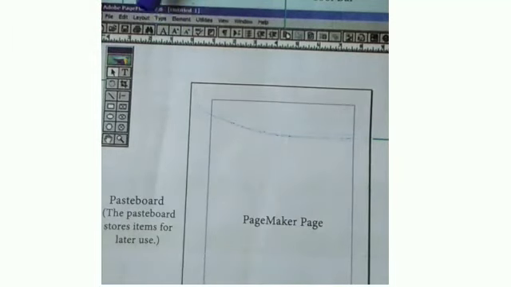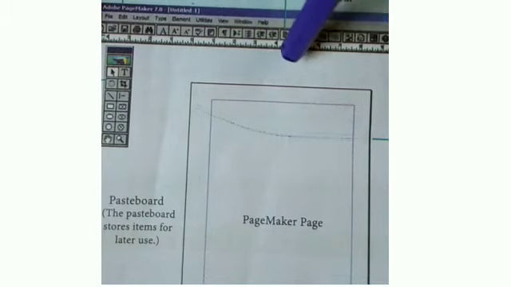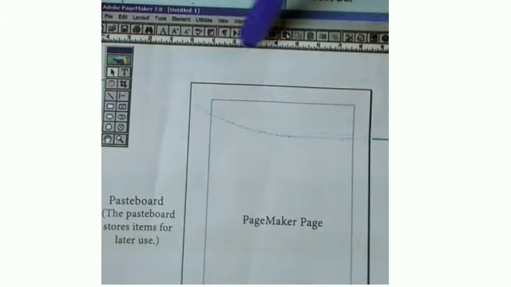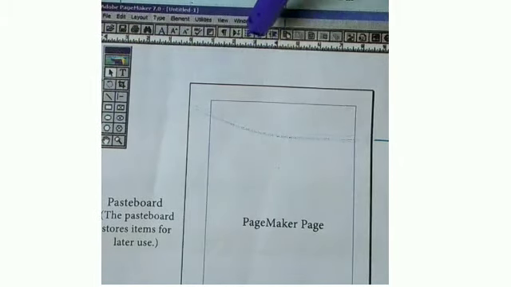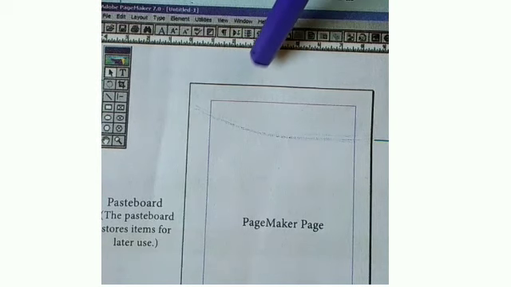In case the toolbox is not displayed in the window, we can use the Window menu. If we press the Window menu, we have to choose the option Show Toolbox. If we want to hide the toolbox, in the same menu we press the Window menu and select the option Hide Toolbox.